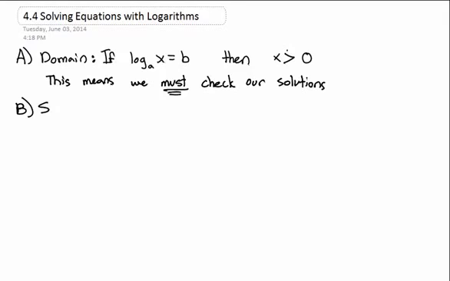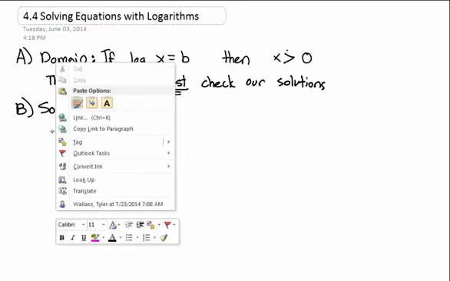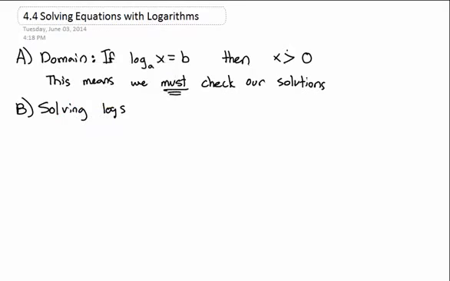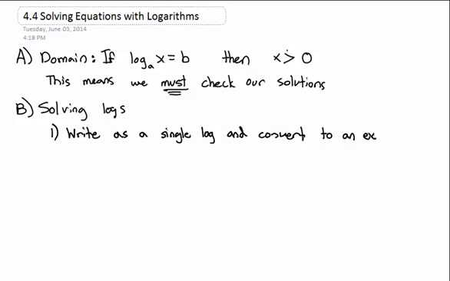So with that in mind, let's take a look at solving logs. There are two major strategies in solving logs. The first major strategy we use is we write the problem as a single log, and then convert the log to an exponent. For example,